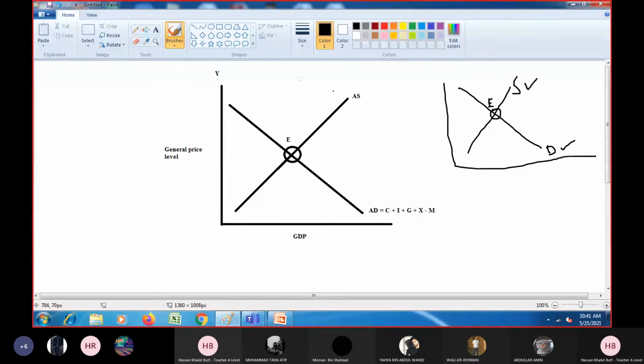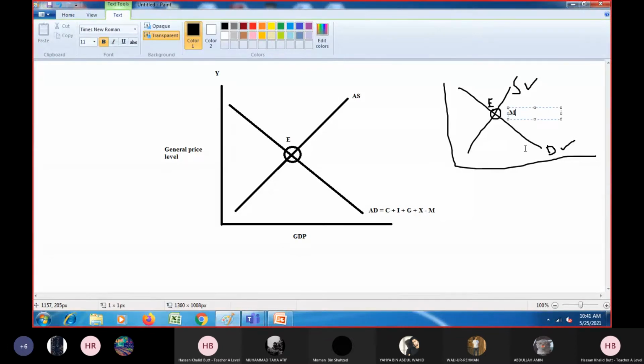But this is what we call market equilibrium, right? But when we talk about aggregate demand and supply, this is equilibrium, but we don't call it market equilibrium. Okay, we call it